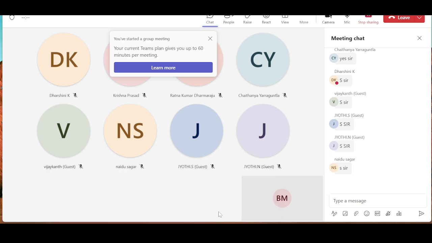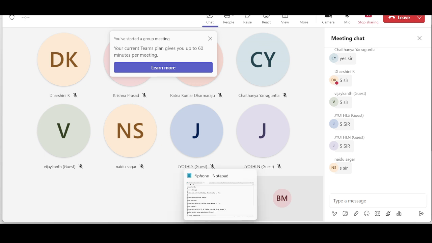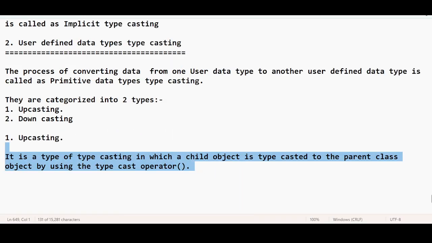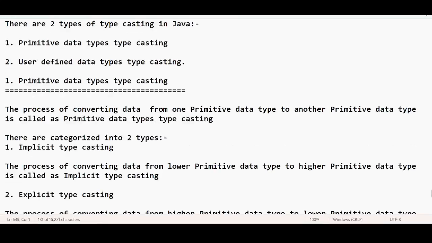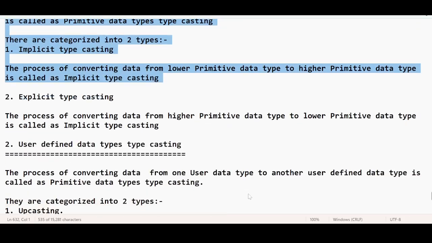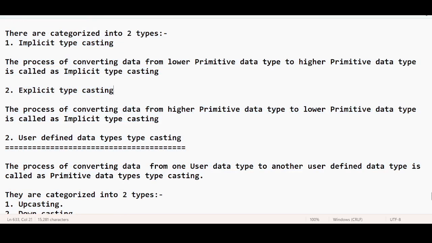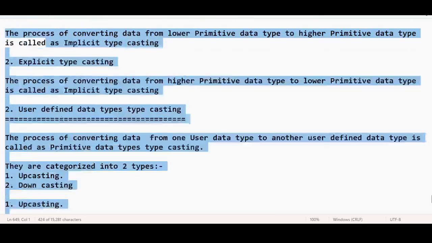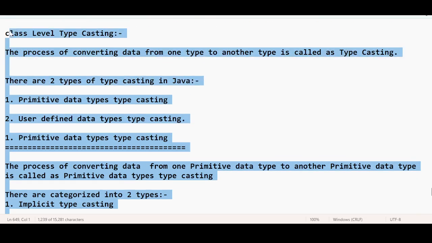A lot of confusion is there. I understand that. Try to repeat this video. Tomorrow the downcasting topic is there, and that part will make more sense. And trust me, the moment I introduce the polymorphism concept, these things will go just like that. You can go with the flow. Just try to remember this theory part, so that you can convert it into a diagrammatical representation for better understanding. Revise this topic. This is always a topic of confusion. Anyone listening to this for the first time will get confused.